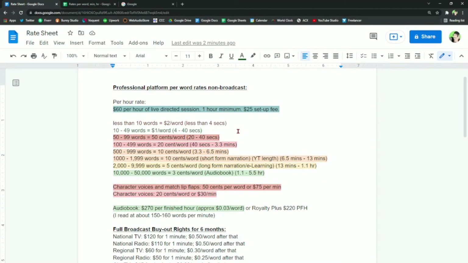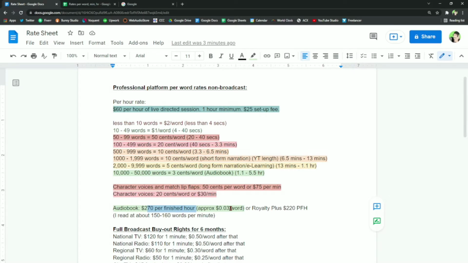So as you can see, as the word count goes up, the price goes down per word. I sort of give them a break. It's kind of like buying in bulk. All the way down here at audiobook, 3 cents a word. That's what it calculates at. And as you can see, each color has a corresponding area across my 2 documents I'm going to show you.